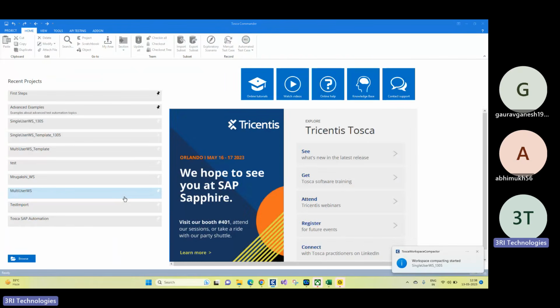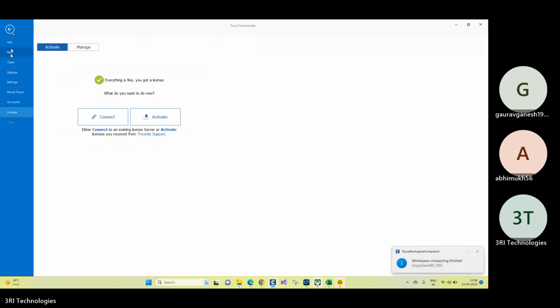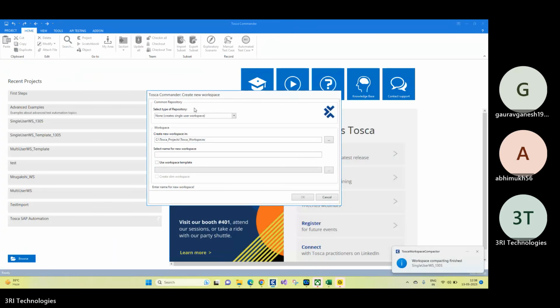Now let's create a multi-user workspace. Click on project, click on new. Now from here, you can select the repository. Whenever you create a multi-user workspace, you will have to select a repository, the backend repository.